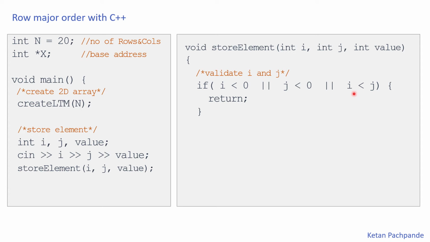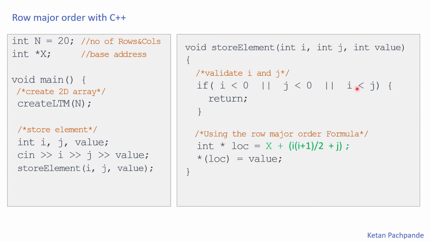Now, as per the definition of low triangular matrix, we know that if the value of i is less than j, actually we don't want to store that element. Why? Because we are going to just make the assumption that the value is always going to be 0 for that particular element. So if i is less than j, then simply return. We don't want to store this value at all. But what if it is not 0? What if it is principal diagonal elements or the elements below that? Let me remind you, i less than j indicates this particular cell is above the principal diagonal.